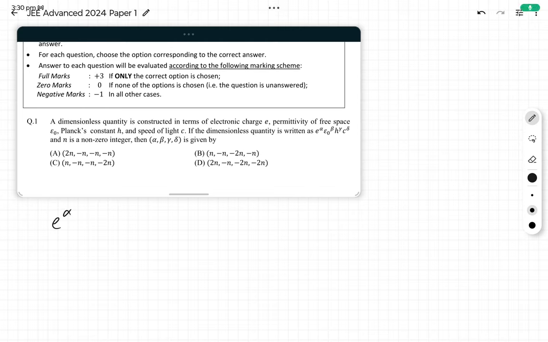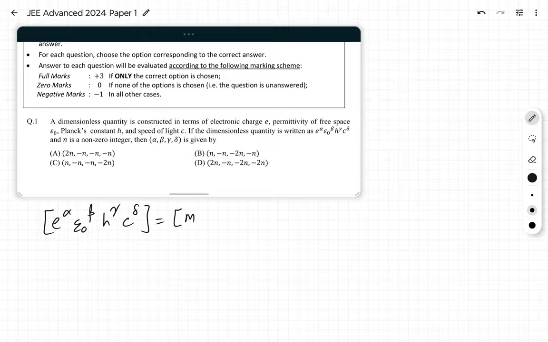This quantity E to the power alpha, epsilon naught to the power beta, h to the power gamma, c to the power delta, is dimensionless, which means all the fundamental dimensions M, L, T and whatever should have 0 as their power. So let's get the corresponding relations from which we can get the dimensions of E. E is charge, which is electric current times time, ampere times time,